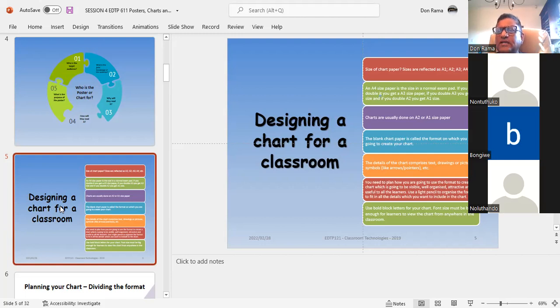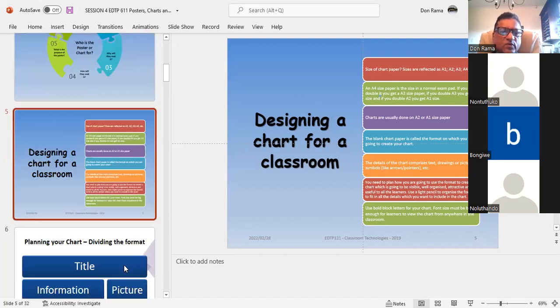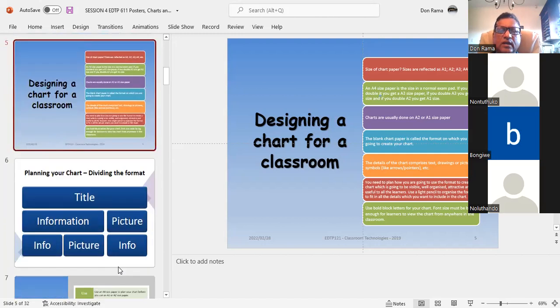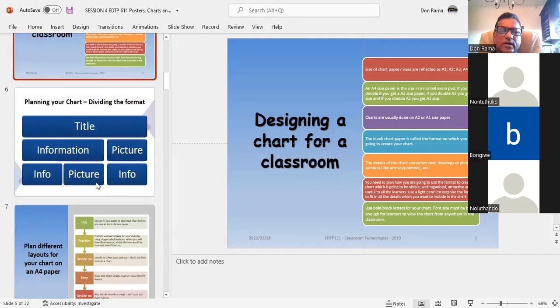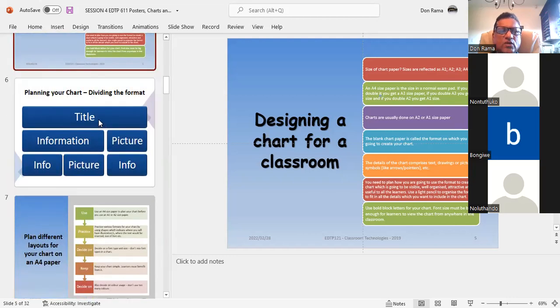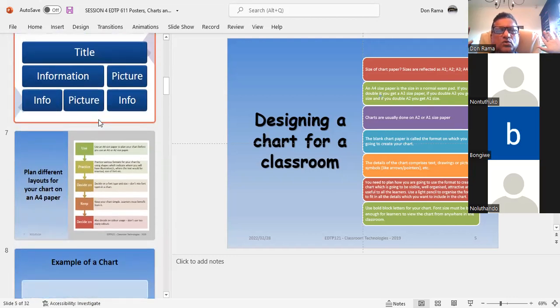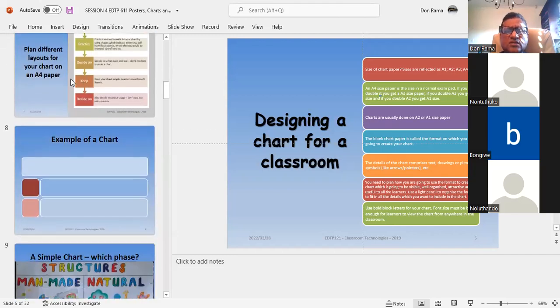When we talk about that, we talk about the layout of the chart. You as a teacher will determine the layout of the chart. And when we look at a few examples just now, we are going to see how that is done. So when you're doing the layout, you would use blocks